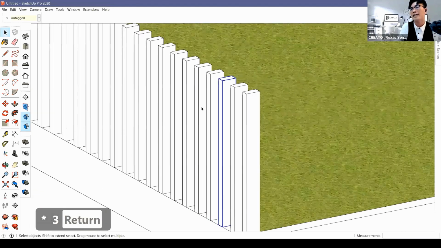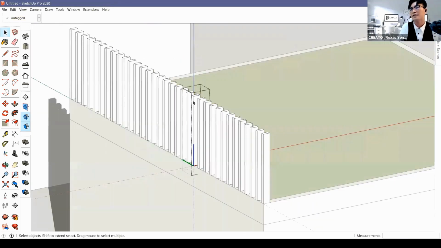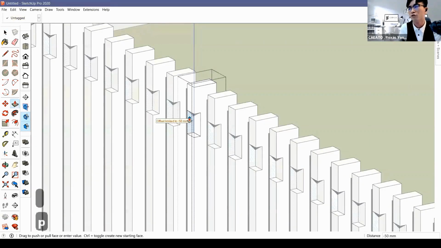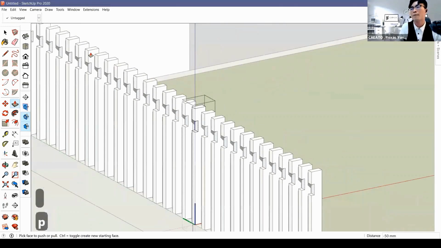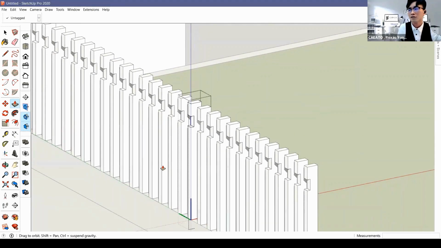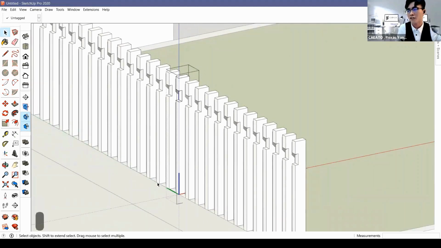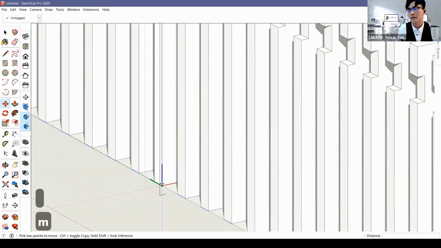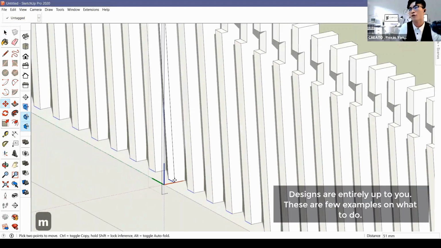So when I edit either one of them, let's say this one, I create an opening, I push, and yes, all the gang members will follow because we have already made a component. So if I select one of the edges at the bottom, then I push it inwards, all will follow as well.